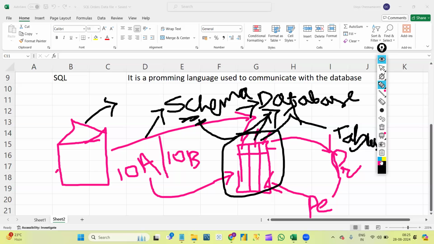And generally in databases, what happens is we create tables. We will store the data in the form of tables, and tables are nothing but rows and columns. Okay, we will see this later. We will try to understand what is a row, what is a column, and what is a table going forward. For now, just understand the idea. In this example, this register is maybe the database, and inside the database we will have tables.